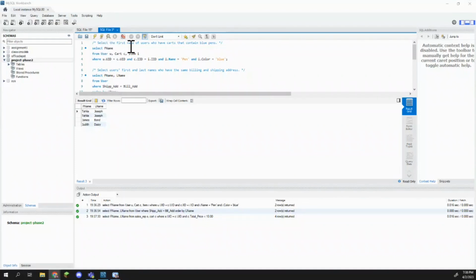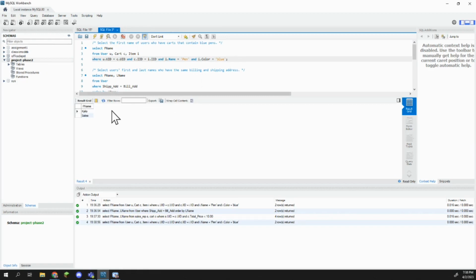So the first one we will select the first names of users who have carts that contain blue pens. So we'll select F name from the tables user, cart, and items, where user's UID is equal to cart's UID, cart's IID is equal to item's IID, item's name is equal to pen, and item's color is equal to blue. So if we run that, you can see that users with the first names Khalil and Salia have carts that